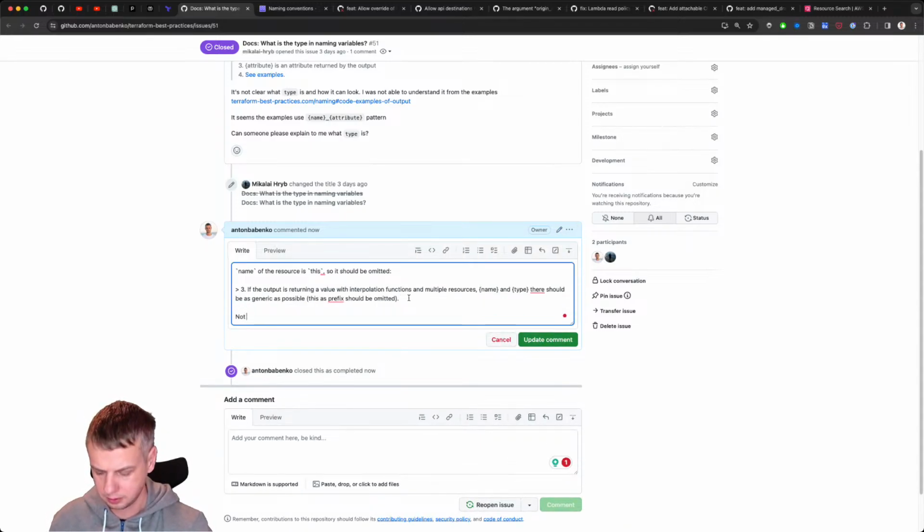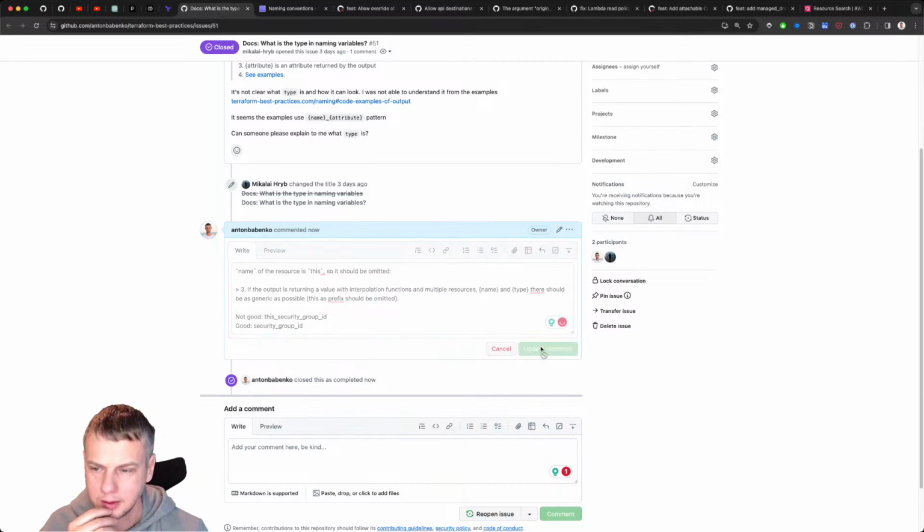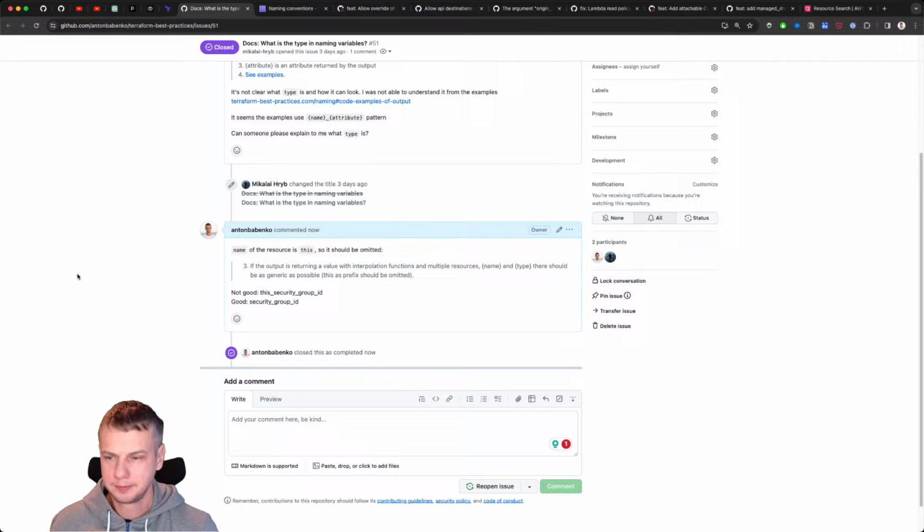Not good. This security group ID is good, security group ID. Something like this.